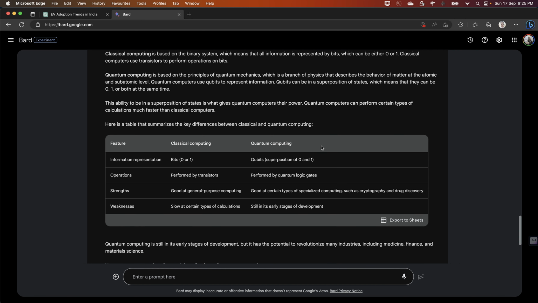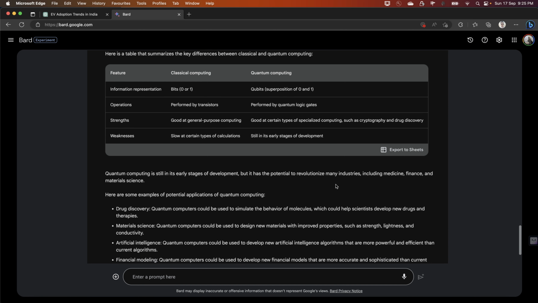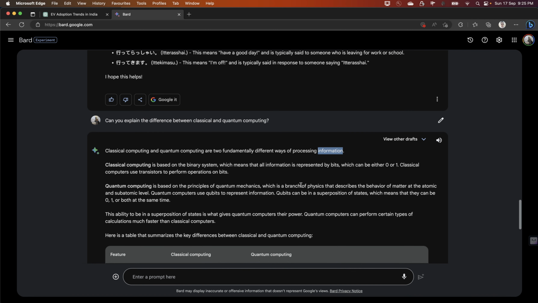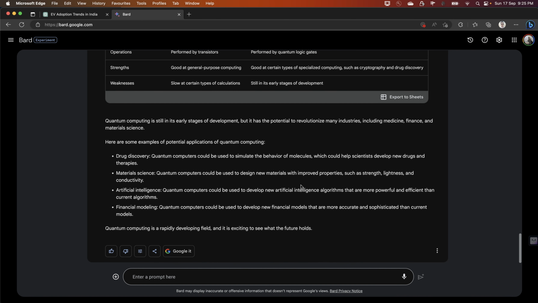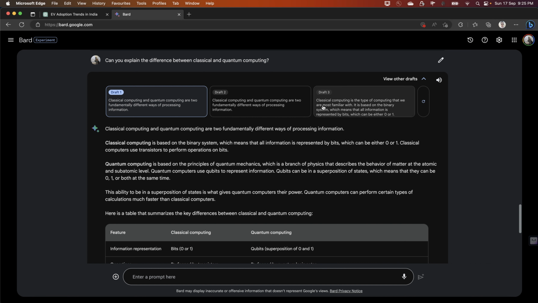I'm yet to read about quantum computing at its more advanced level, but it looks like it is making sense. And you see, artificial intelligence also needs quantum computers, because it needs intelligent algorithms that are more powerful and efficient than current algorithms, right? So this is where it is needed, and that's what I'm trying to emphasize here. Fundamentally you are going to need these things in future as AI develops faster and you need more computational power. So again, these three drafts are there.